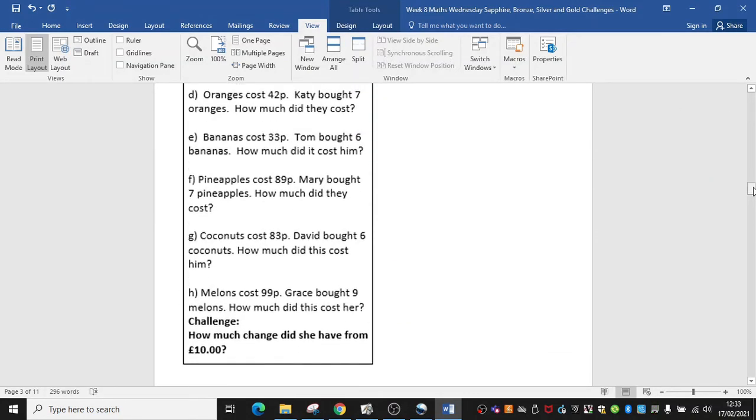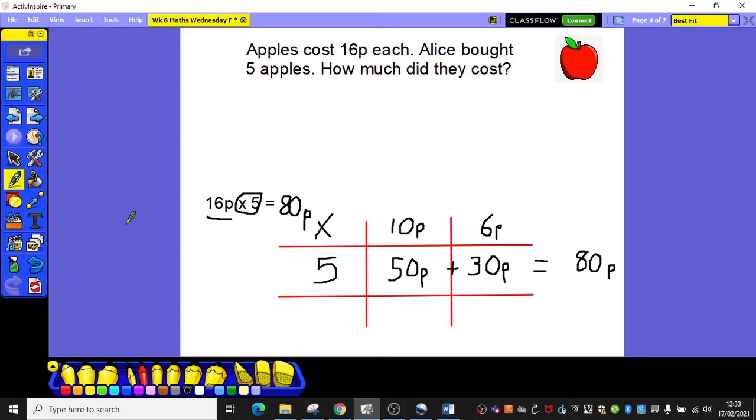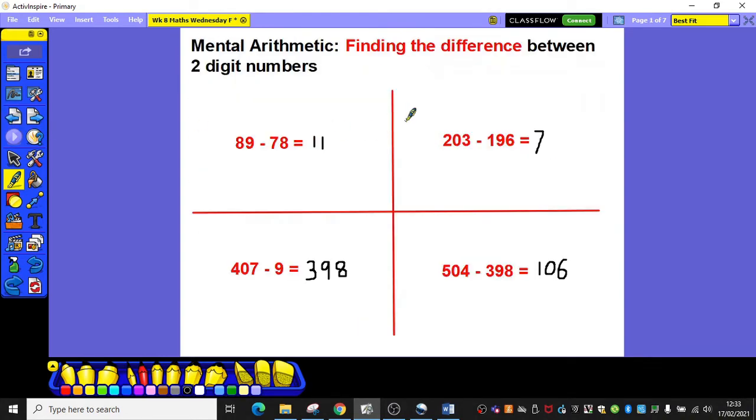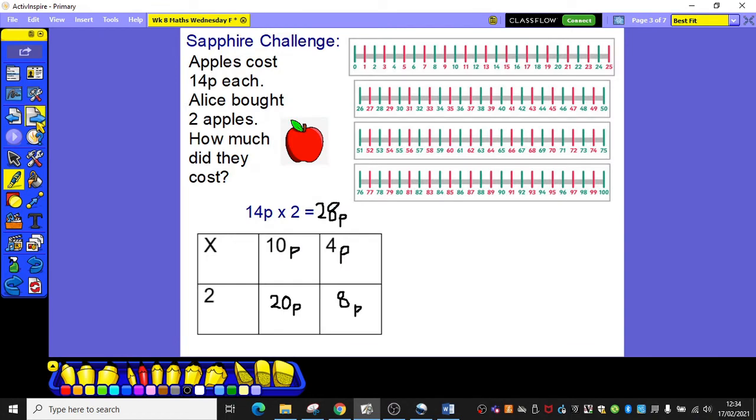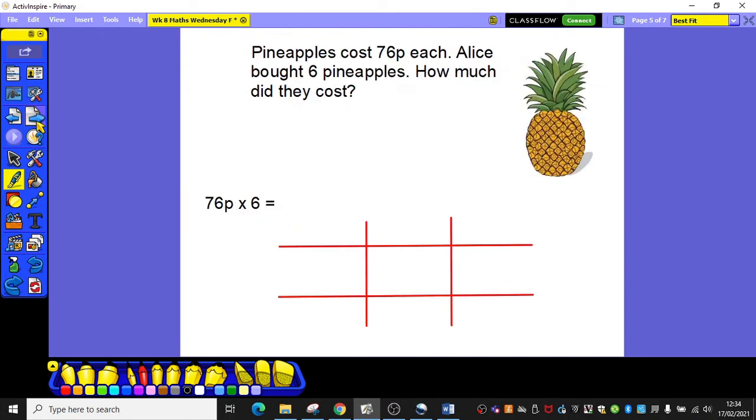and have a think about how you might solve question H on bronze and silver. But if you think back to what we did in the mental and oral part of this lesson, so the mental arithmetic part of this lesson, we were very much finding the difference by counting up. So bear that in mind when you're solving problem H. So if all groups could start bar the gold, and the gold group, I'm just going to show you